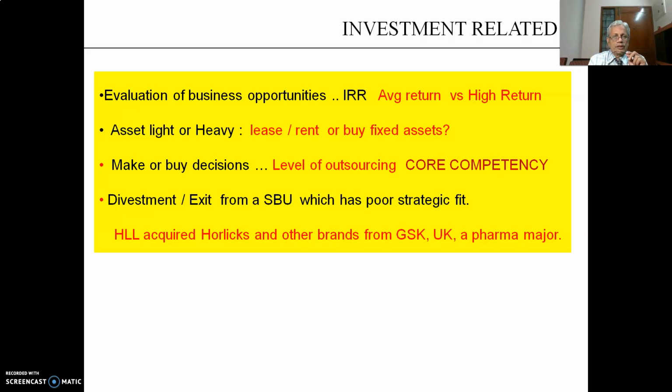Over a period of time, as the organization functions, the environment also keeps changing and certain businesses become a poor strategic fit. In such situation, only the finance department has to take a call when exactly you have to take a divestment or when exactly you have to exit from the particular SBU. Otherwise, that will be a drag on the organization. You would have seen recently Hindustan Lever has acquired Horlicks and other brands from GSK UK, basically a pharmaceutical company. So this pharmaceutical company thought, why should we concentrate on brands like Horlicks instead of concentrating on the core